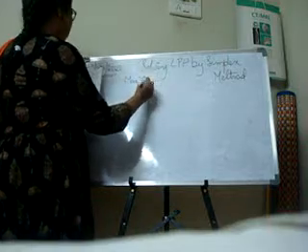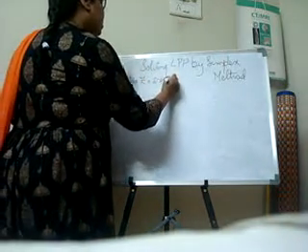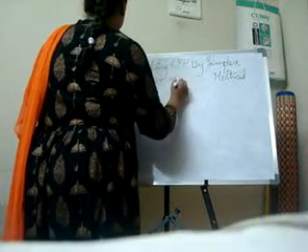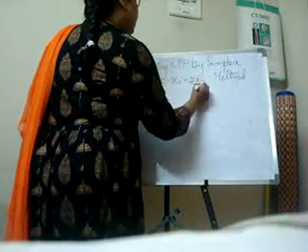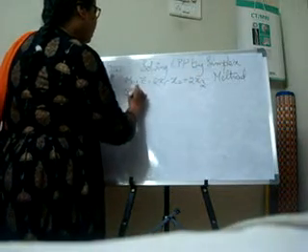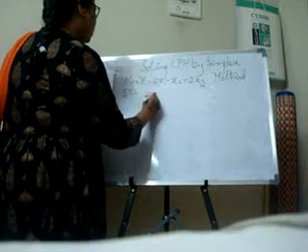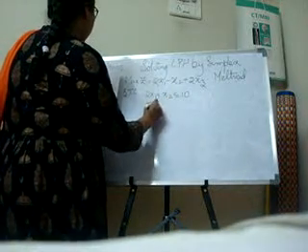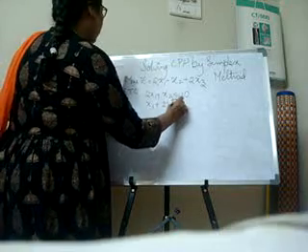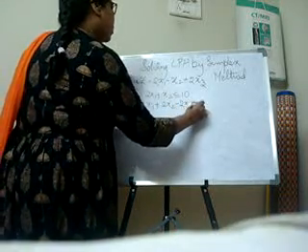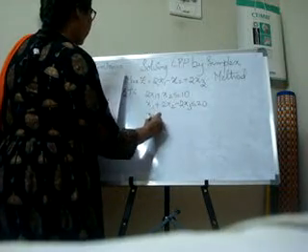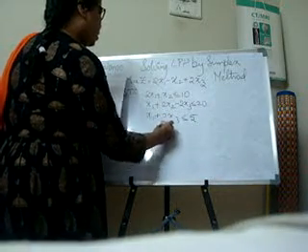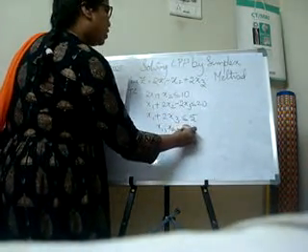Maximize z is equals to 2x1 minus x2 plus 2x3, subject to the constraints 2x1 plus x2 less than or equals to 10, x1 plus 2x2 minus 2x3 less than or equals to 20, x1 plus 2x3 less than or equals to 5, x1, x2, x3 greater than or equals to 0.